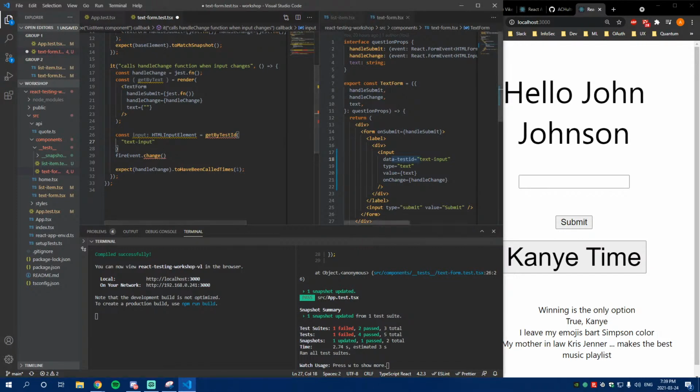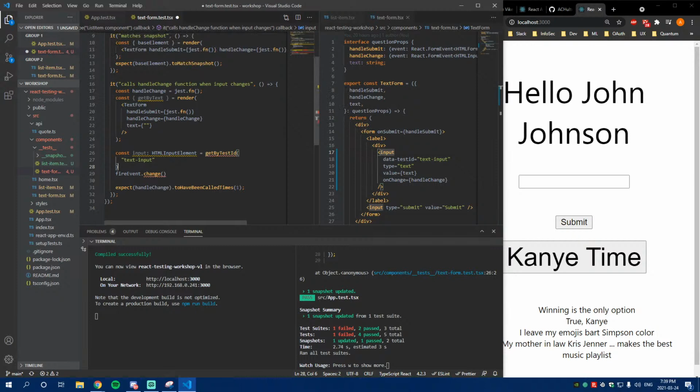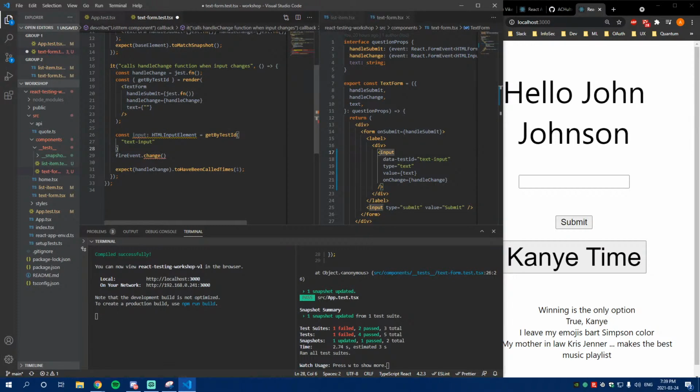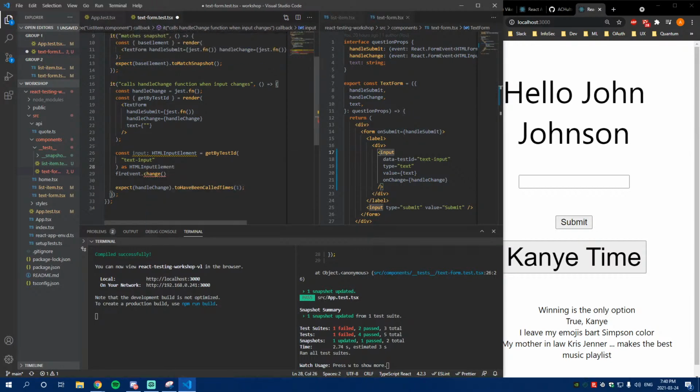So it's going to find this element, and actually TypeScript might complain. Oh wait, true. This is also exported. This is returned by the render method. There we go. So TypeScript is complaining about this. So I'm just going to straight up cast it to an input element because at least right now I'm completely sure. You could have a type guard or something in here if you want, but I'm just going to cast it. So anyways,